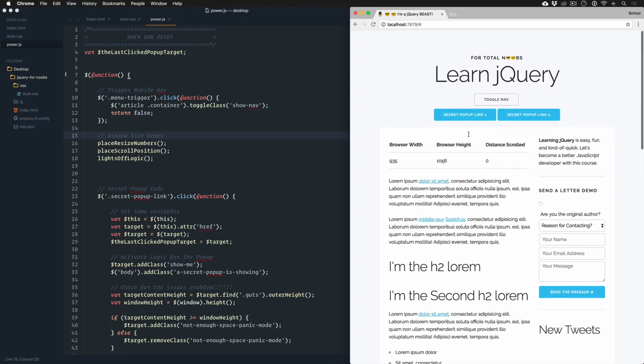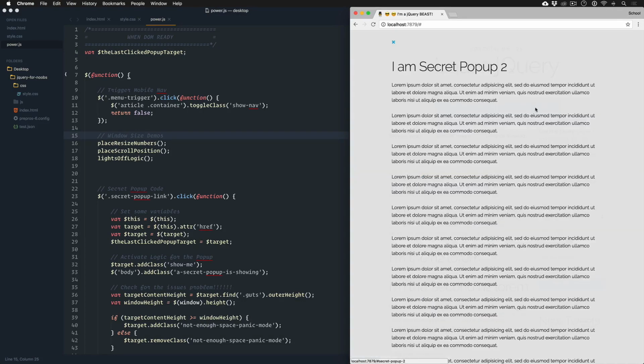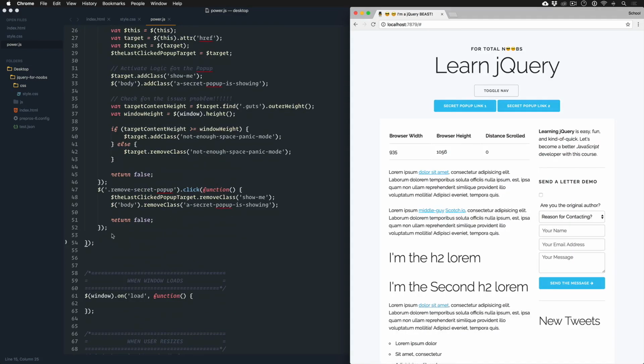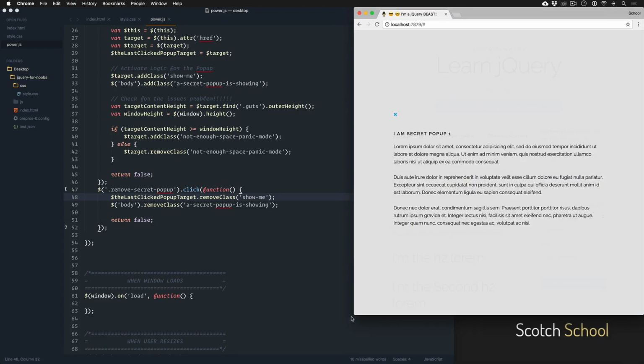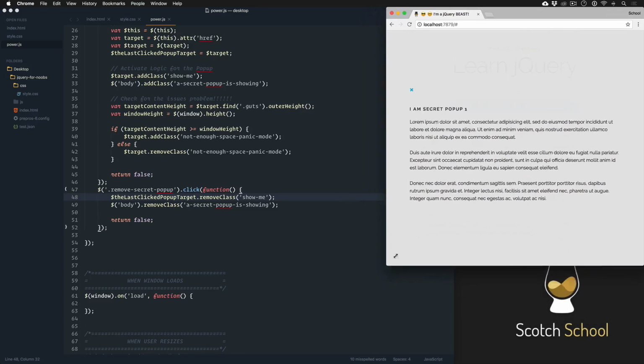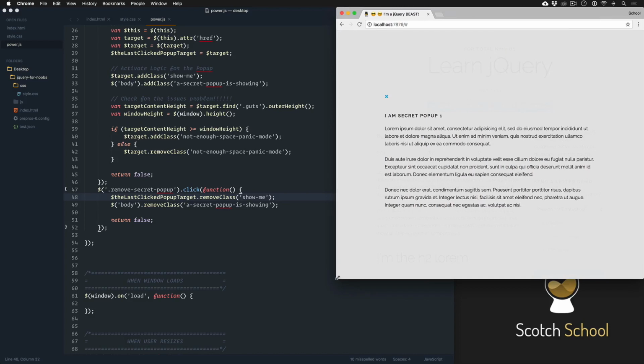So if I refresh now and I click open pop-up, close it, it works. Open pop-up, close it, it works. We're able to access that variable. And I'm going to open this up and resize. And you can see I can scroll now. And to show you what's going on here,